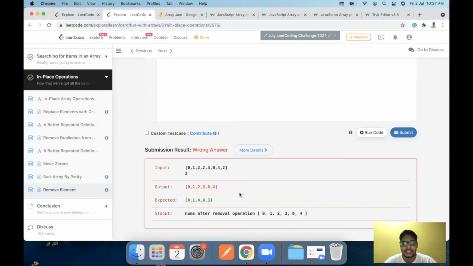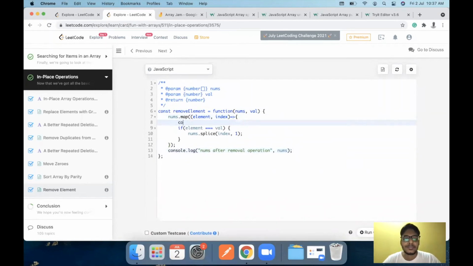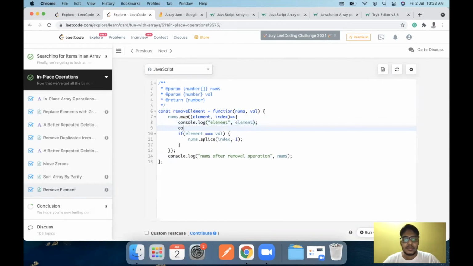And let me just tell you why this problem occurred with the actual console.log outputs. So we have the console.log where we are taking the current element. We are also going to print out the index. Let us try to understand the issue first before we come up with a solution for it.